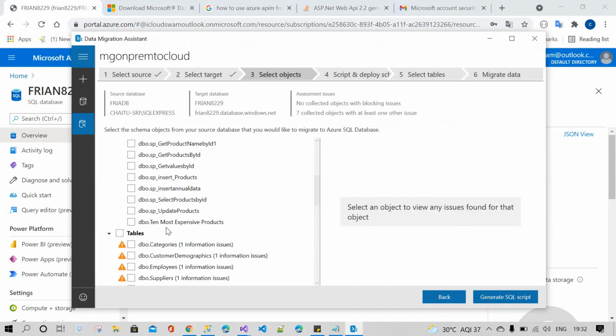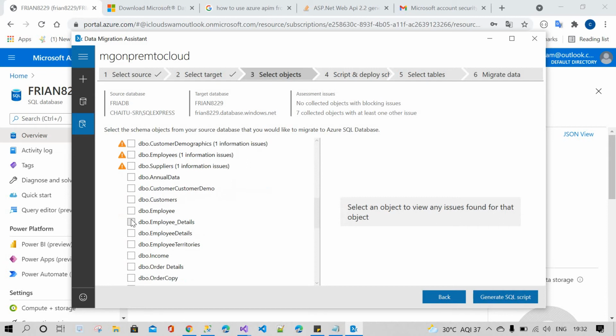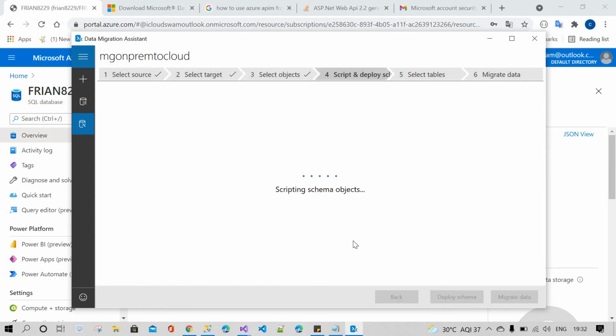Where is our tool? Employee and employee details, and generate a schema for these tables. When you are migrating the data, we are migrating it in the form of schema and data.